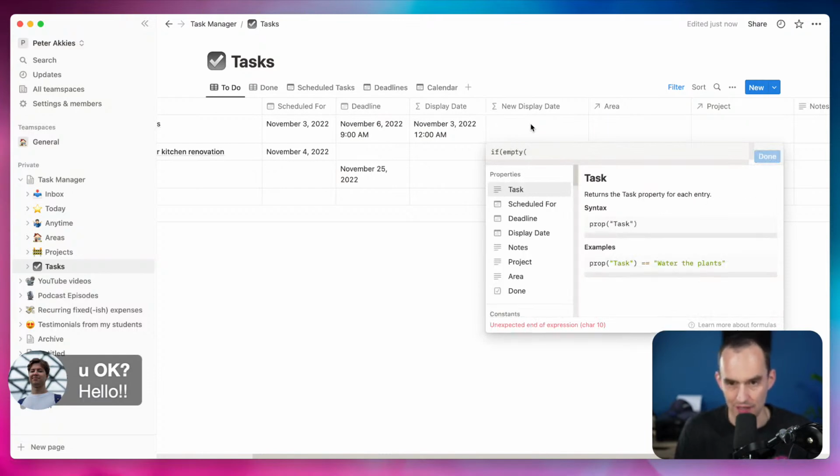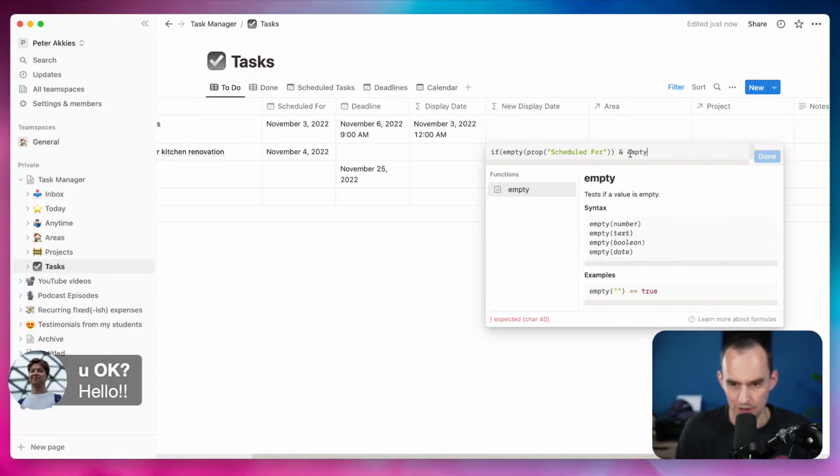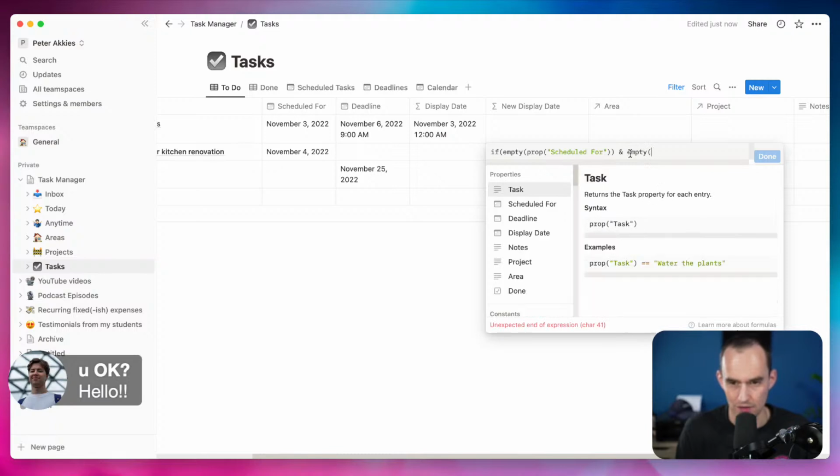If empty, scheduled for, so 1, 2, 1, 2. If empty, scheduled for, and, can I do and? Empty, deadline,